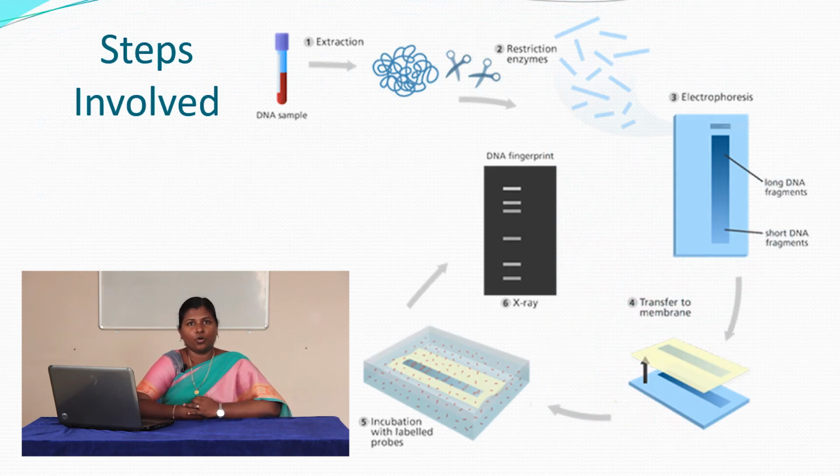This is the overall picture and the steps involved. To put it very simply, first, extraction of DNA is done. Second, restriction enzymes are applied to the extracted DNA, where it will be cut into small fragments. These small fragments are separated through a process of electrophoresis, right after which they are transferred to a nitrocellulose membrane through a process called blotting, after which probing is done. Finally, they are interpreted through X-ray autoradiography.